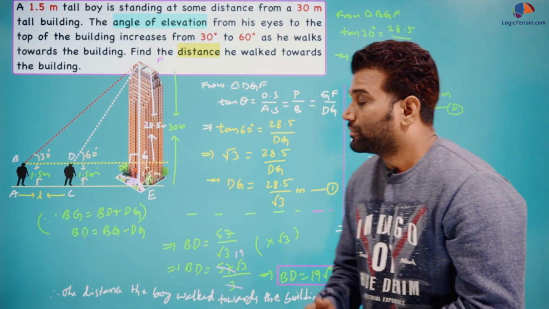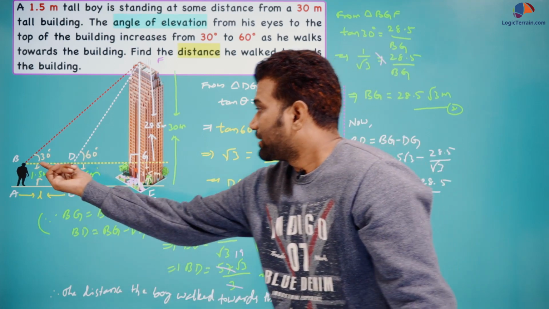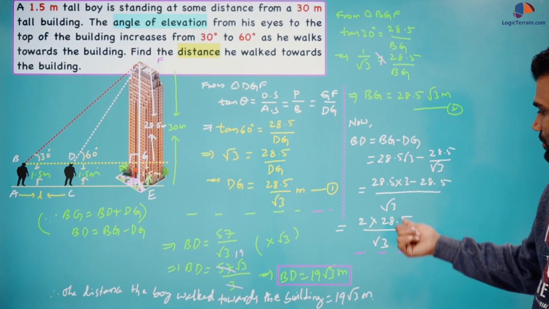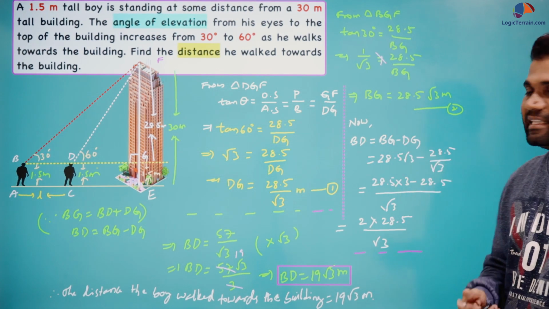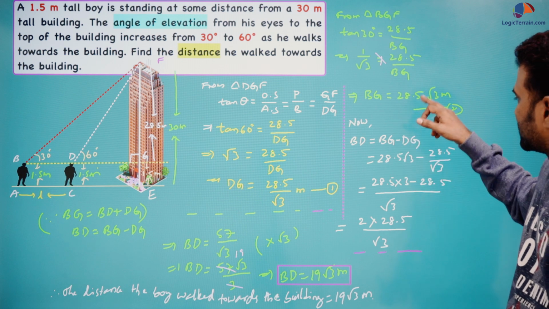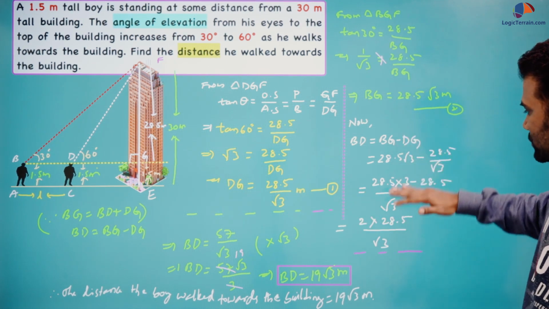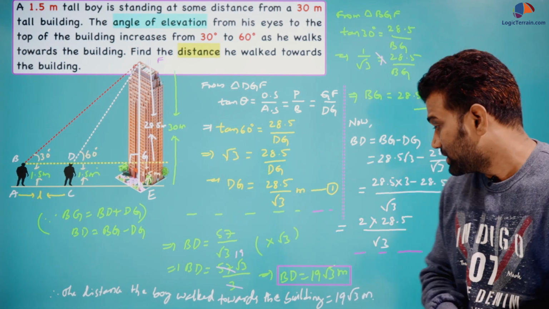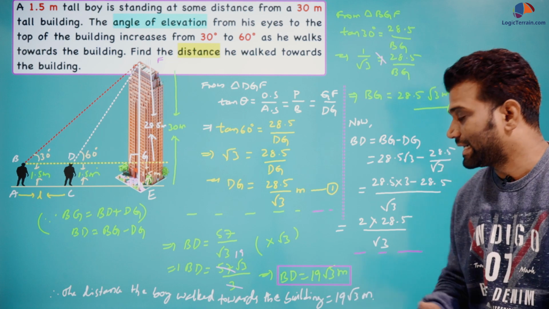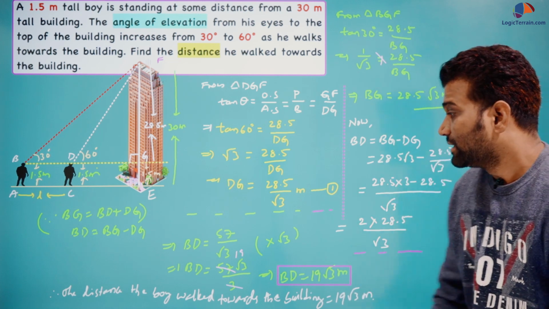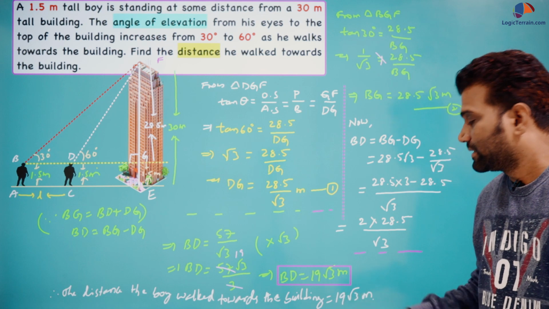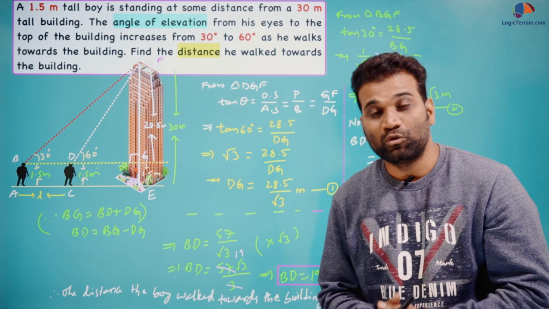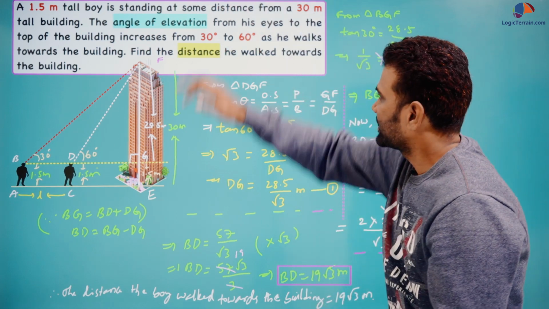Now we know from equation 1 and 2, the required length is equal to this minus this. So that is what we have done here, you can see. BD equals BZ minus DZ. So this is BZ and this is DZ, substituted and simplified, and further simplifying and rationalizing and all manipulations. So finally here we have got BD equals 19 square root 3 meters. That is the distance the boy walked towards the building, that is 19 square root 3 meters. Clear? So we will move to the next question.